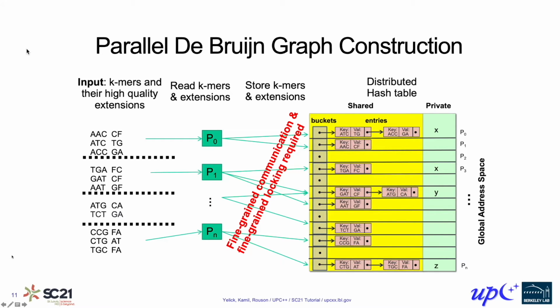The K-mer graph is stored as a hash table that comes out of the K-mer analysis stage. In addition to the K-mers, which are stored as keys, the hash table stores the left and right extensions, the character before and after the K-mer in the original read. We view this hash table as a graph and compute connected component strings by walking through the graph starting from any location. At each step, you look up a K-mer, add, say, its right extension, drop the leftmost character, and that forms the next K-mer to look up in the hash table.